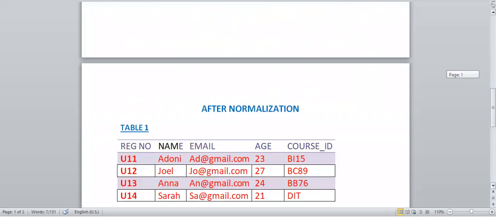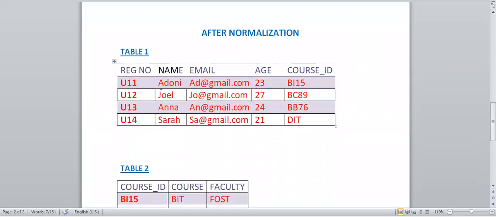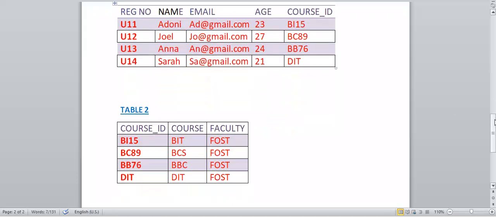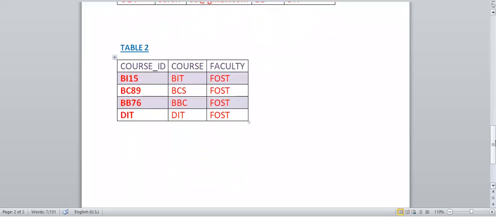But now after normalizing, you realize that when you're here at Adon and you want to see his course, you just come and check his course ID, and it's B115. When you go back here on table 2, you realize that course ID B115 is a course of BIT. So that's how we normalize in database. That's how we divide